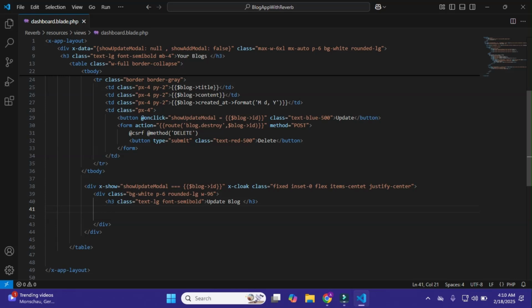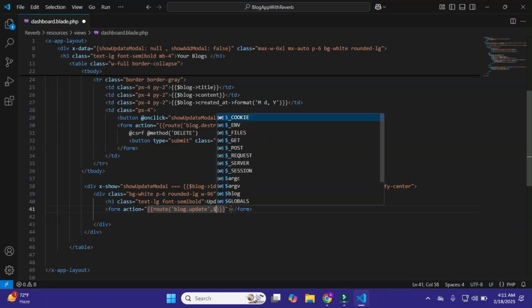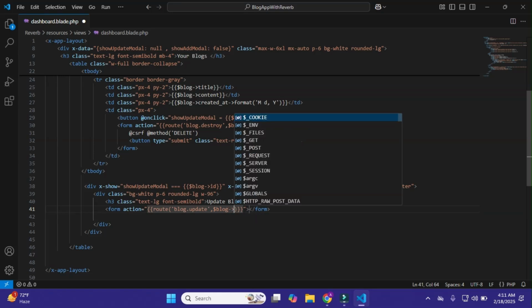Now I'll make the form action, and within the action I'll use route, and within it blog.update, with $blog->id.